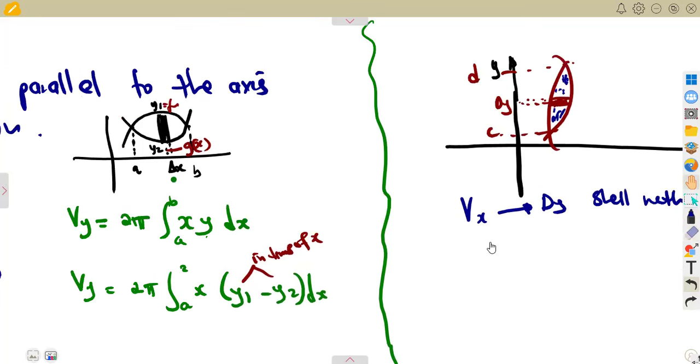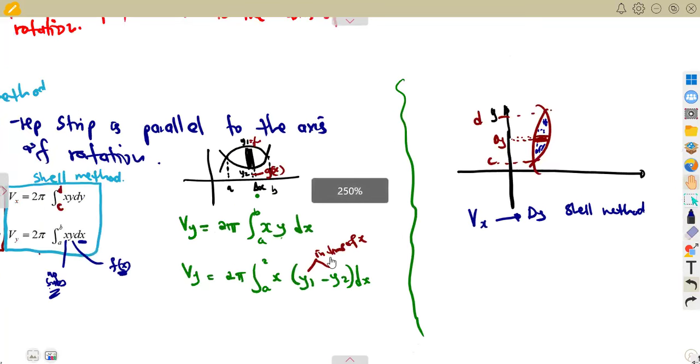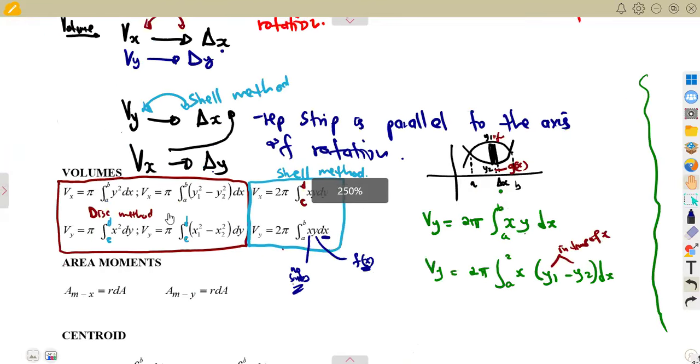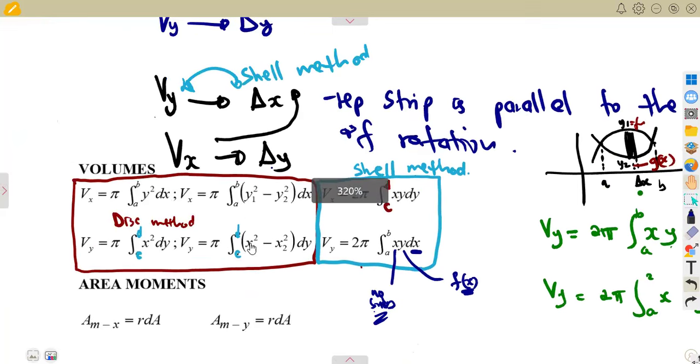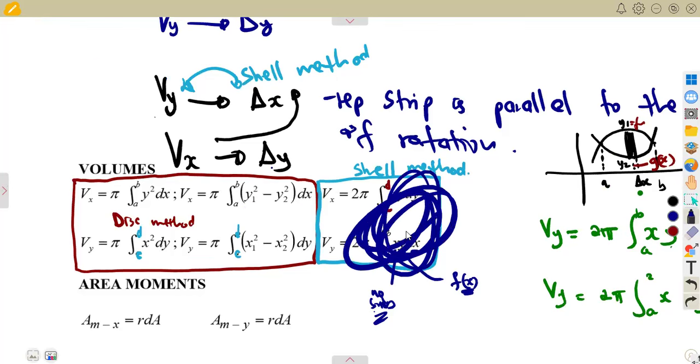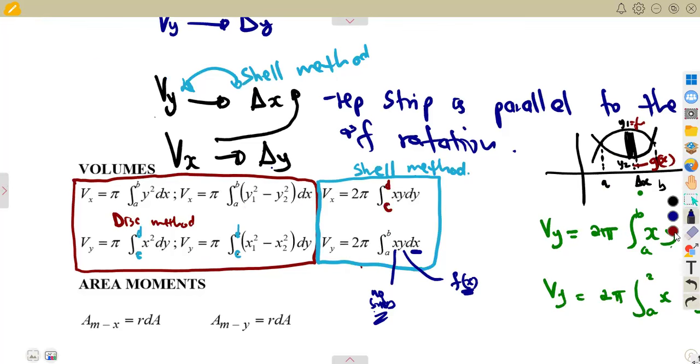As you can see, under the shell method, you have to make adjustments. They did well on the disk method. They gave us proper formulas. Even if you're given two curves, you use these formulas. But on the shell method, they just gave us a general formula. It is you who is supposed to make adjustments when you are given